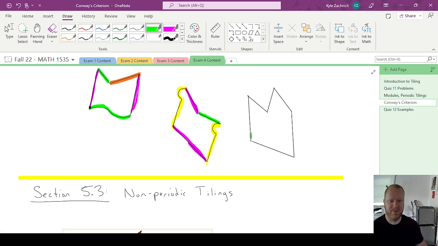So in case you missed it, I copied this piece over here and I pasted it over here. Okay. So these two pieces are direct translates of each other, but if I break it up in sort of the expected way,